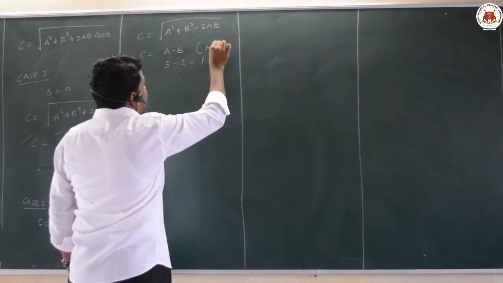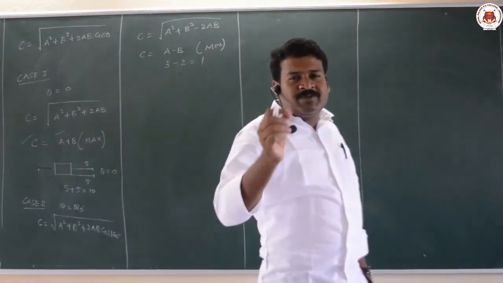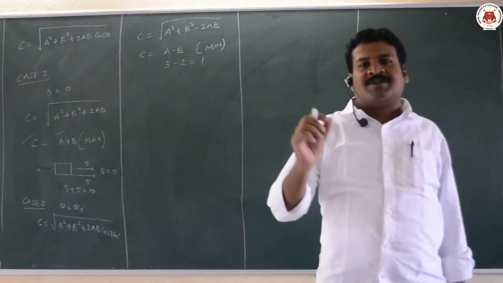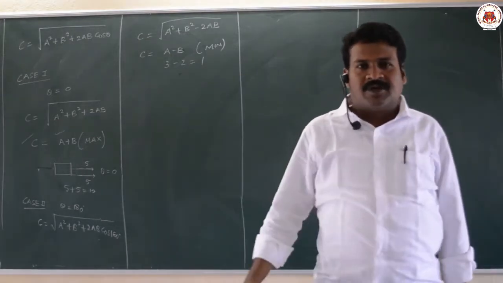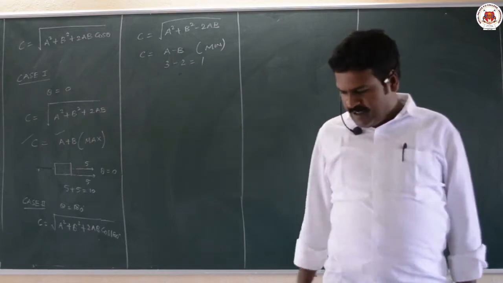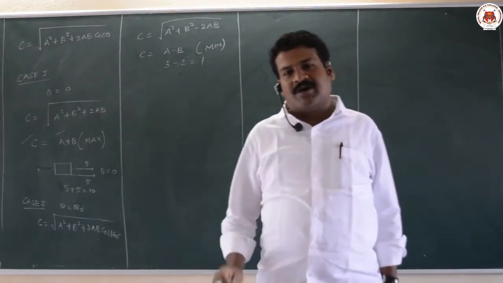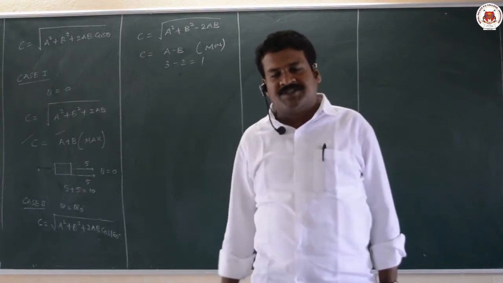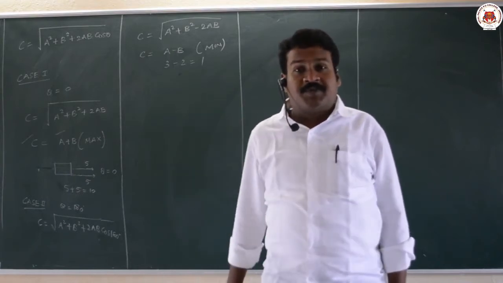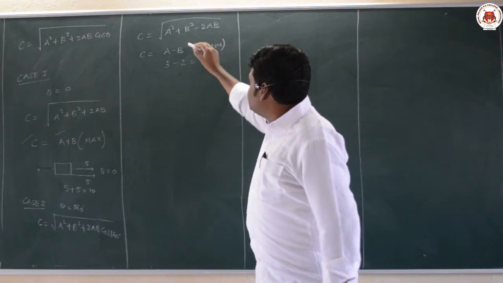And one more thing: sometimes in questions they will ask for the maximum and minimum resultants using two vectors, 8 and 4, or some example like 5 and 1. The maximum and minimum resultants after adding two vectors are 5 and 1, then find the vectors. So that also you can do, maximum is this, minimum is this.